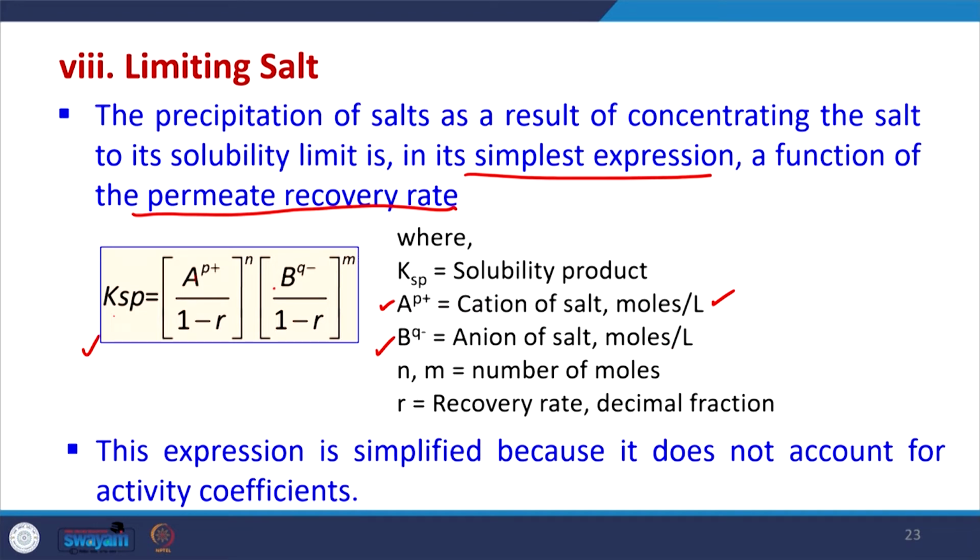N and M are the number of moles. So, we can see here N and M. And then R is the recovery rate in the decimal fraction. So, we can always find out. The expression is simplified here because it does not account for activity coefficients, etc. The original equation is much tougher, but we can use this equation to find out the Ksp, and through this we can find out the different